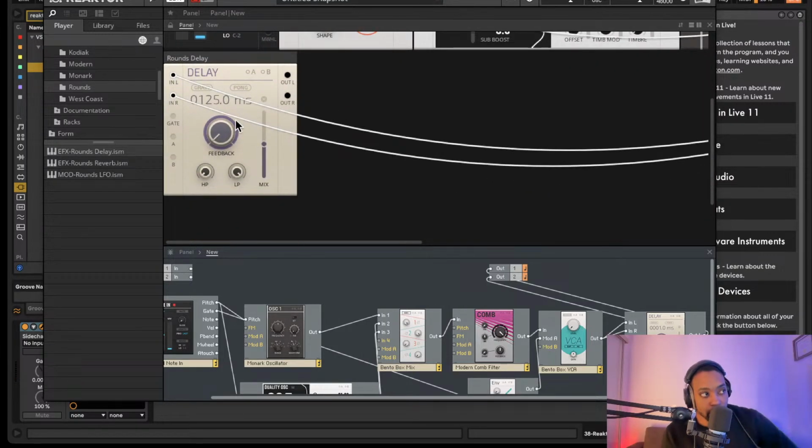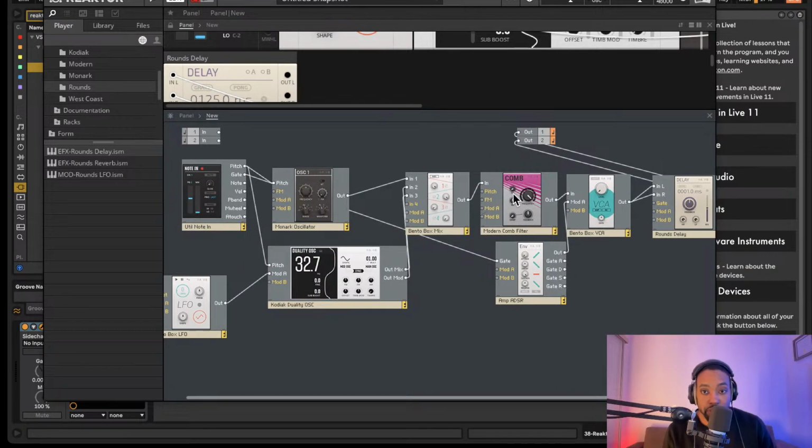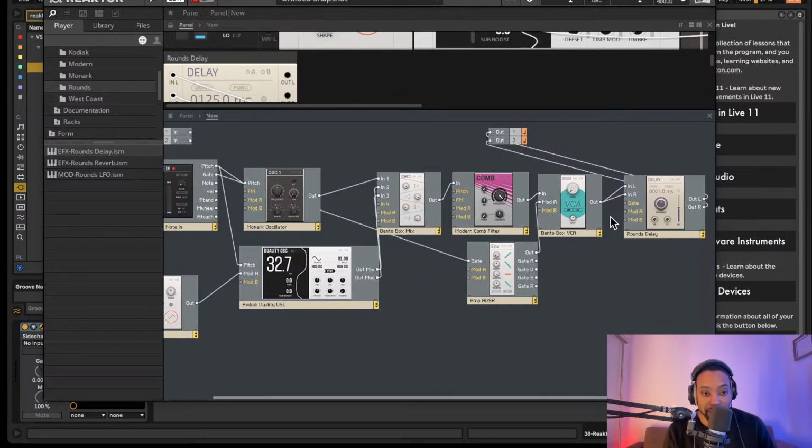And there we have it. We have a finished sound, building something that's cinematic, and basically creating that from scratch. We used a few oscillators, a filter, a VCA, and some effects, and that's how we built this sound. So feel free to experiment and try this out on your own,